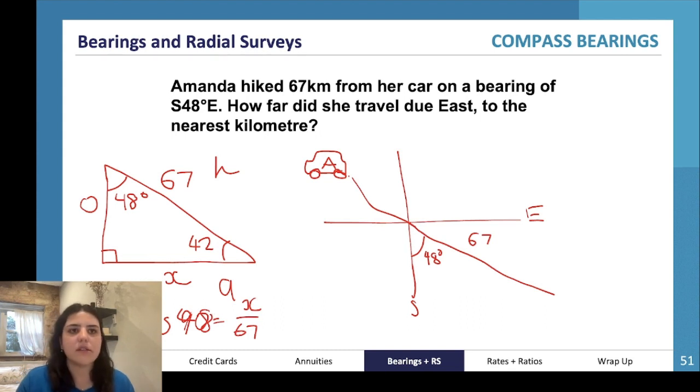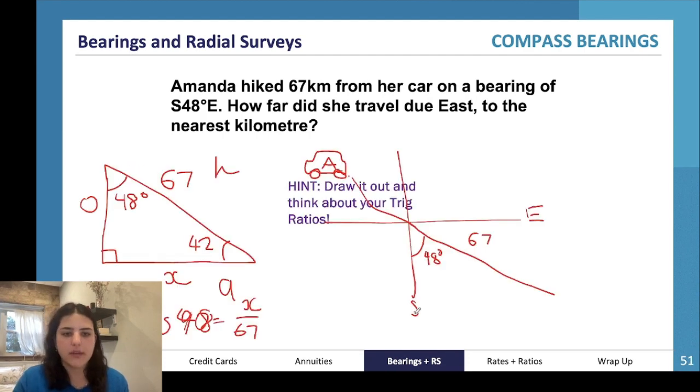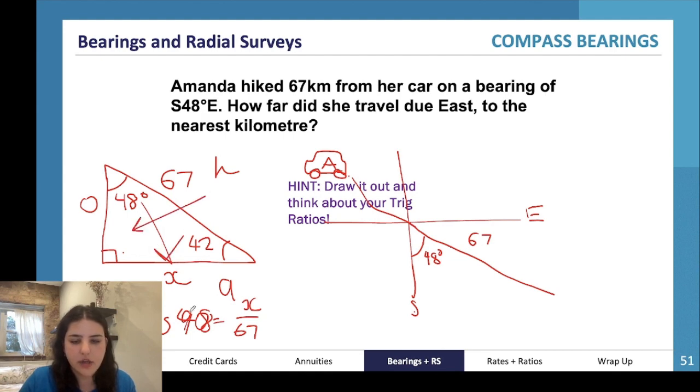Actually, I should just have this on my slides. There we go. Cos 48 times 67, and we're going to get 44.83, which is equal to 45 kilometers. So again, this angle here is opposite this, and this is opposite that. Sorry, not our 90, our 48. And that gives us